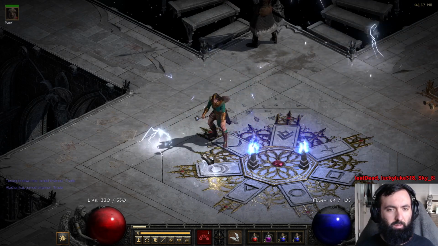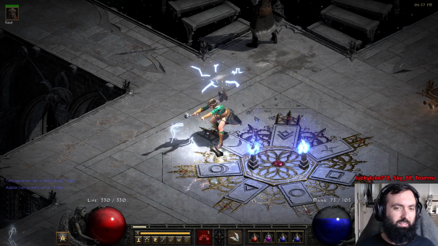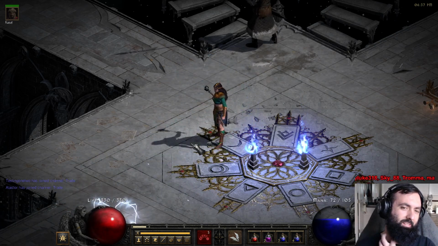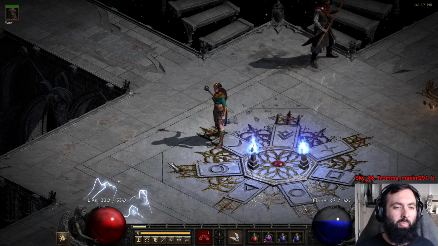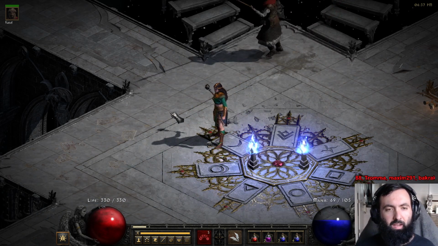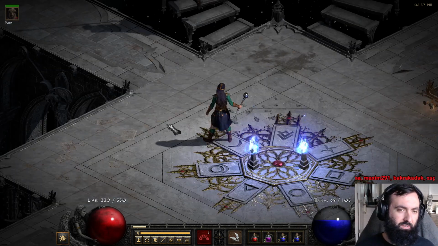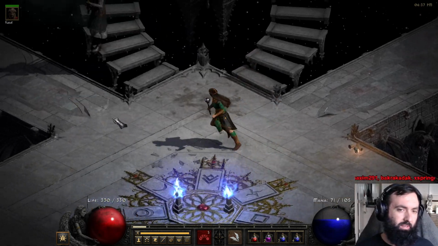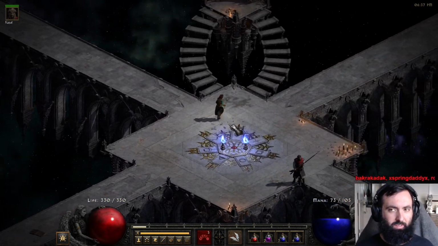I like how they light up her body. Oh yeah, it's kind of cool. The lighting from lightning is giving her some light radius. It's kind of neat. I actually really like the lightning. Some people don't. I know this is kind of controversial. Some people don't like the lightning effects. I kind of like the lightning effects because